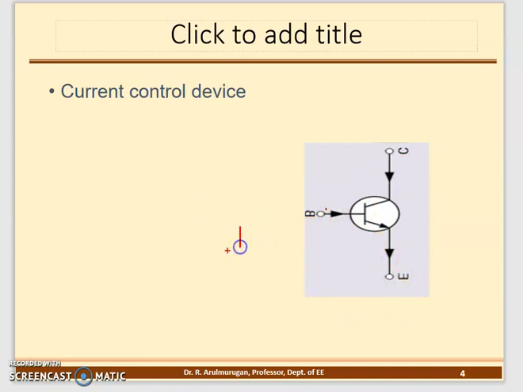How to give the triggering? So I will take one source, a DC source. The DC source is connected to this point, and I will connect one resistance to it. When I vary the resistance, the flow of the current varies. Once the flow of current is varied,